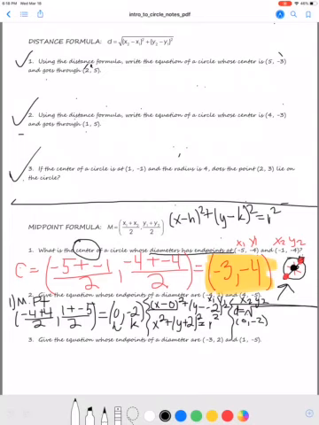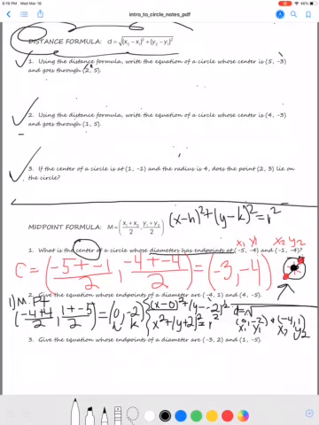And pick an endpoint, doesn't matter which one. I'm going to do negative 4, comma 1. Alright. And from here, now, I'm going to erase my x1, y1 from earlier because those are no longer applicable. Right? We used it, we're good. Now these are my x1, y1, x2, y2. Alright, and we're going to plug it into our distance formula, which is at the top of the page